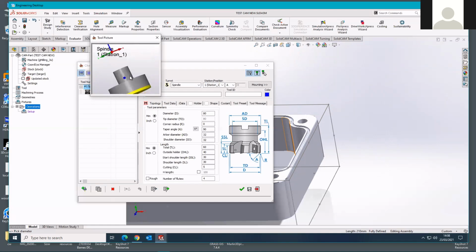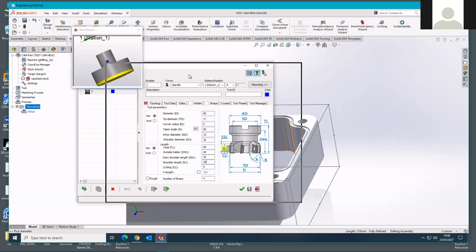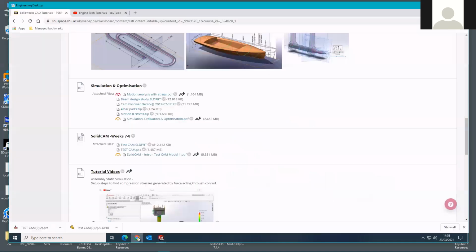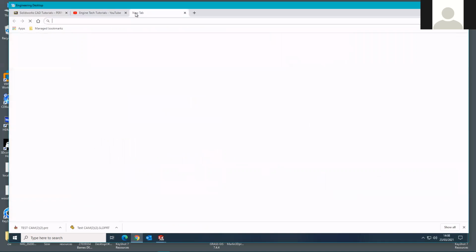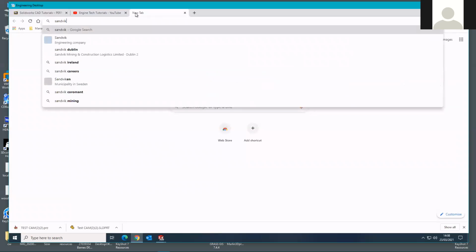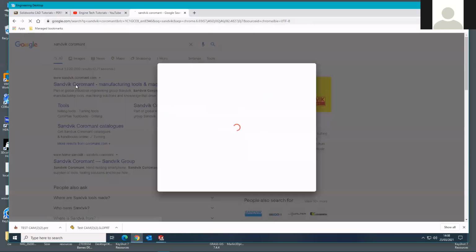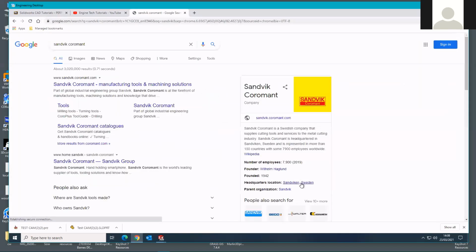So at that point, shall we leave that tool? No, we'll address the speeds and feeds side of tool setup. If you were setting a real tool up to do this job for real, what I would do is get on to a typical tool manufacturer's website and spec a tool that actually exists. One such website is Sandvik Coromant, who have got a pretty nice tool selection and tool information